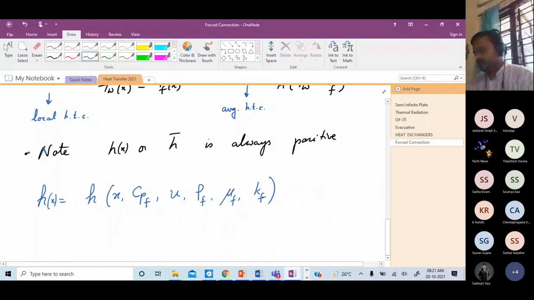Okay, you got half, 50% right. The other parameters are the viscosity and thermal conductivity. So if you look into this, yeah, we have H. We can club them into